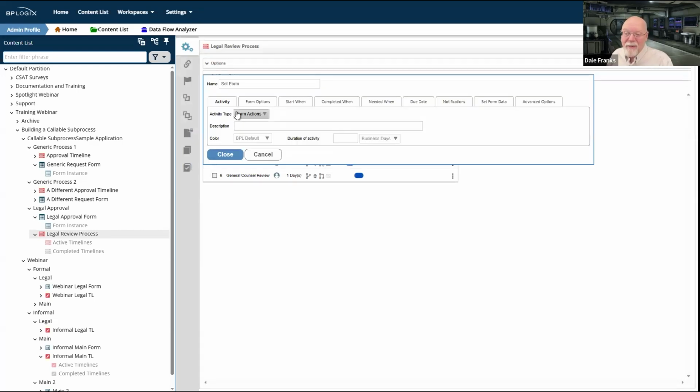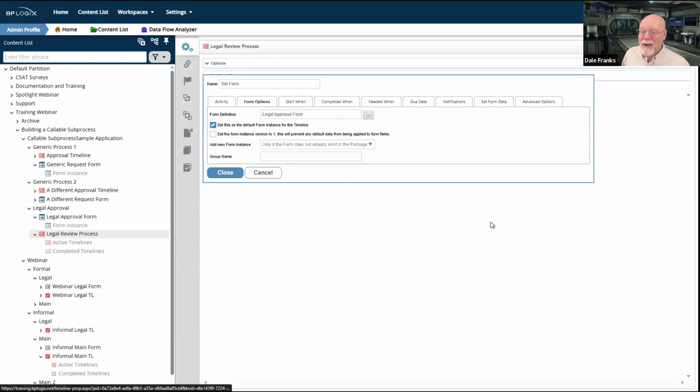When I go to the set form and I try to determine what is the default form for this process timeline, well, I got to pick one. I don't know what process is going to be calling this as a sub-process. So I don't know what the default form for this timeline should be or could be other than the legal approval form, because I don't know what other request forms are being sent.